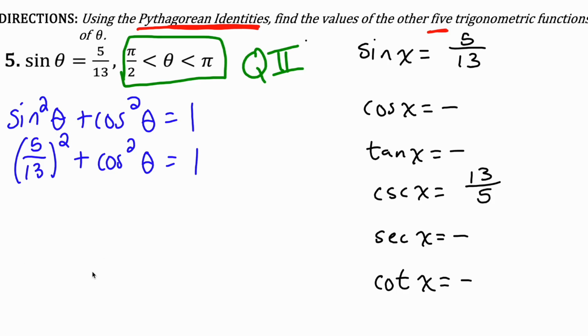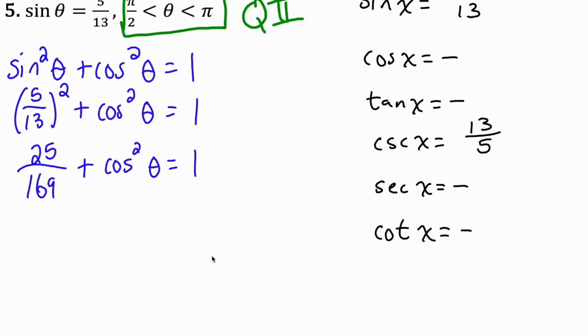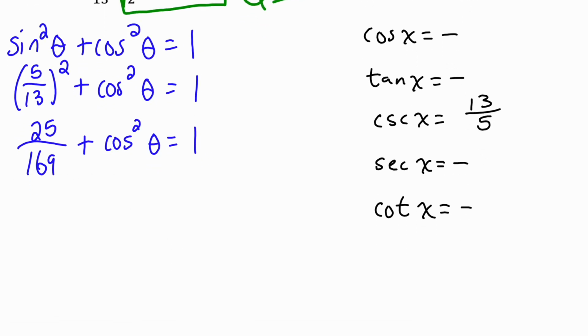And we'll just go through and solve for cosine. So 5 over 13 squared is 25 over 169 plus the rest of the equation. I need to get cosine by itself, so subtract 25 over 169. So cosine squared theta is equal to